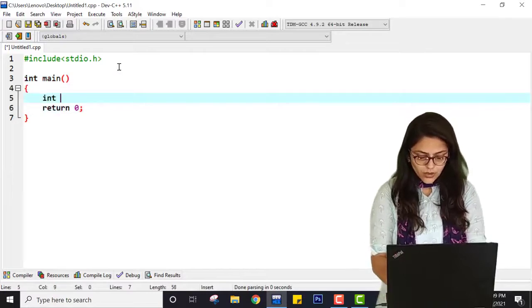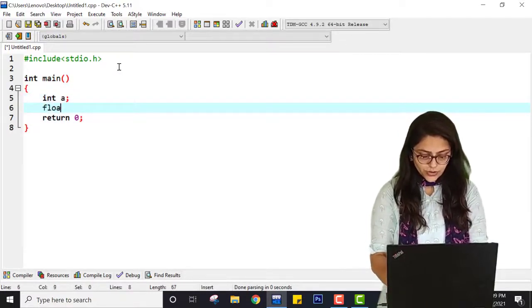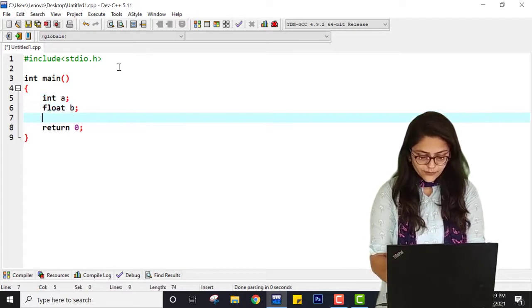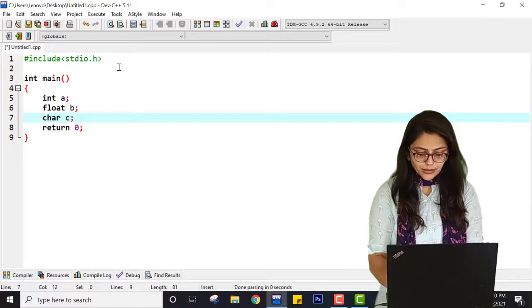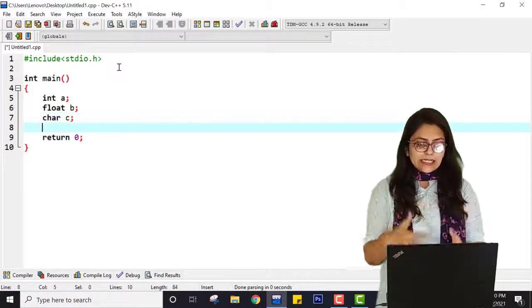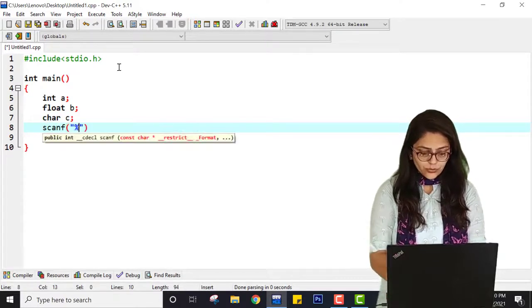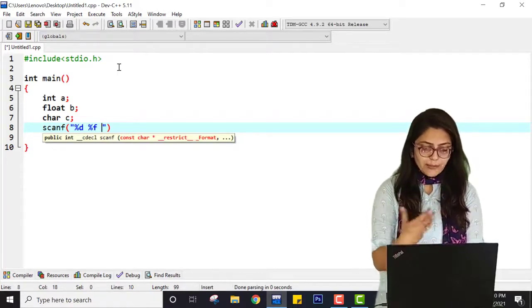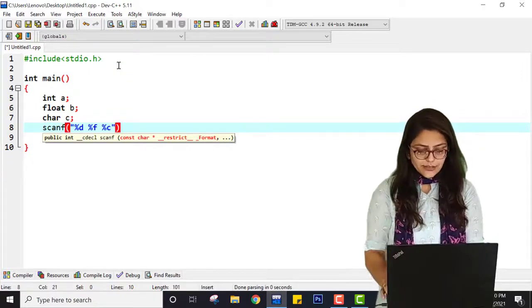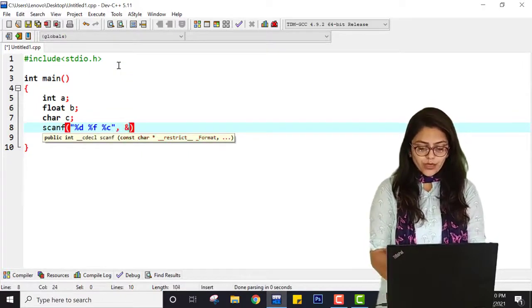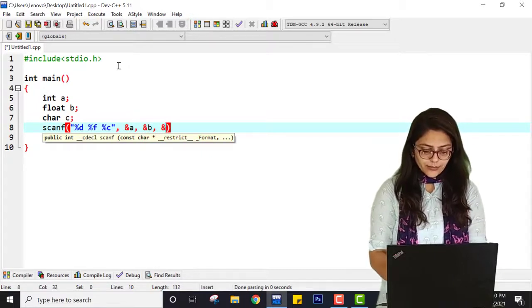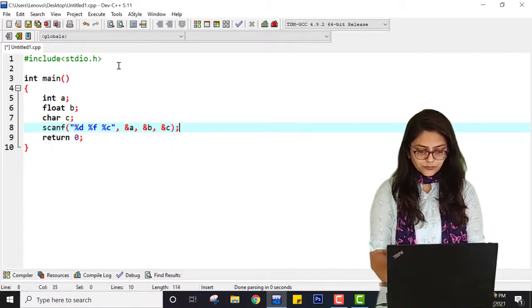Now I am declaring a as integer, b as float, and for demonstrating characters, I am declaring c as character. Then I am going to enter each of these values with the help of the user. So first %d, because I am going to enter the value for a, then %f for b, that is float, and then %c because c is a character value, followed by a, b and c.